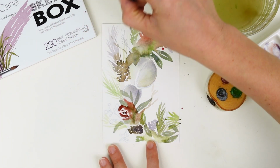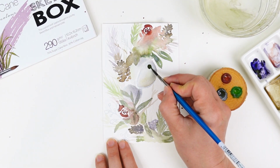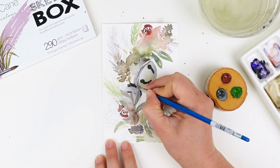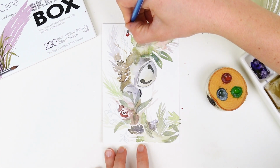I allow this to dry completely, and now I'm coming in with the second layer of paint. And my mindset for this second layer is to get my details a little bit more anchored and to work on the contrast. After adding a bit more contrast to the jingle bell with orca and the carbazole violet,